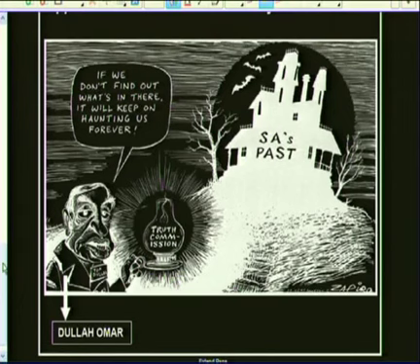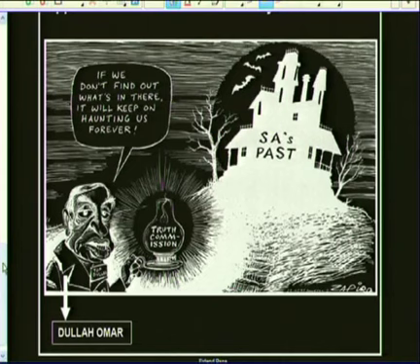So if we look at this cartoon, it's got Dala Omar. Now those of you who have a very good knowledge of general events, you will know that Dala Omar was the Minister of Justice during the apartheid times. But even if you don't know, it's not a problem. Let's say you don't know who Dala Omar was, you just see a person. Now the most interesting thing that you need to note is that this person is holding a lamp. Here it is, and it's written Truth Commission.